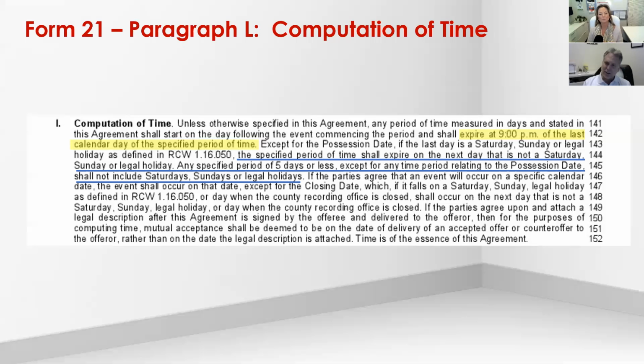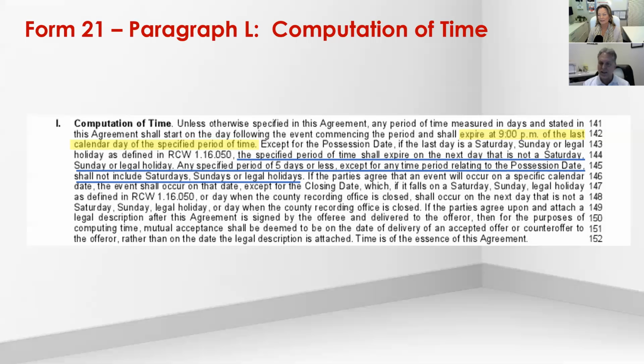Yeah, and so there are some situations in which you want to be aware of that, because sometimes in counteroffers to our offers, the listing agent is thinking, well, we're really going to cut that time down for inspection, so we're going to cut it down to 5 days, and so that's actually going to turn out to be probably 7, and maybe even 8 if there's a holiday in there.